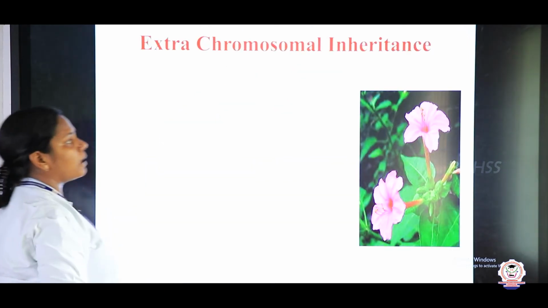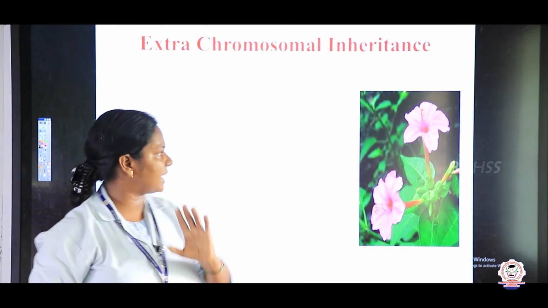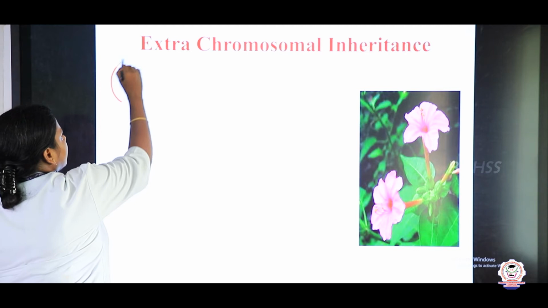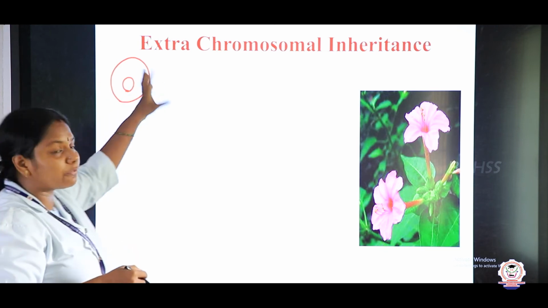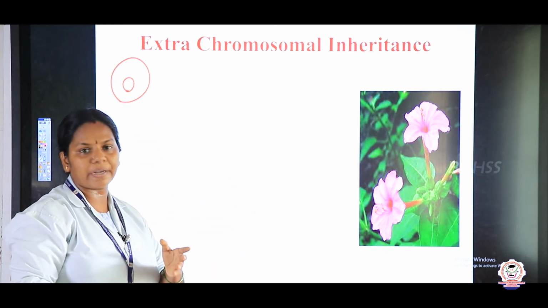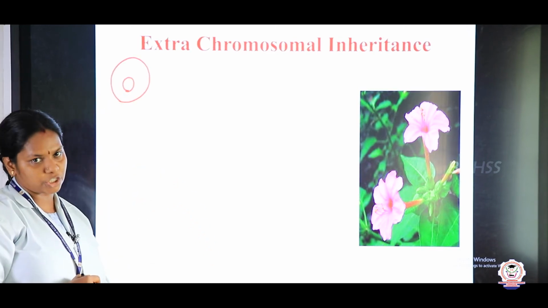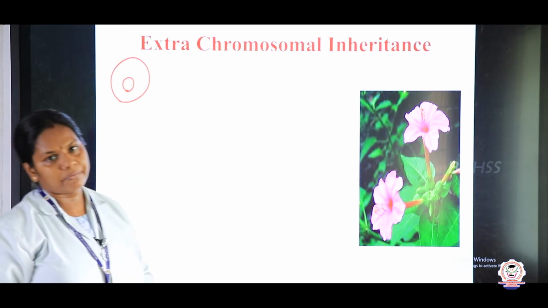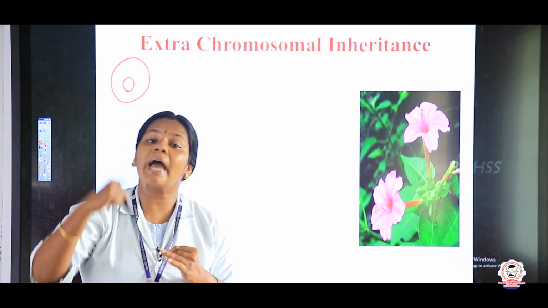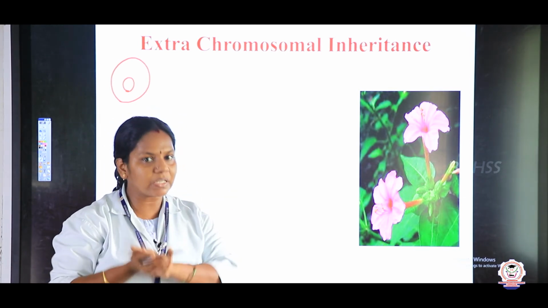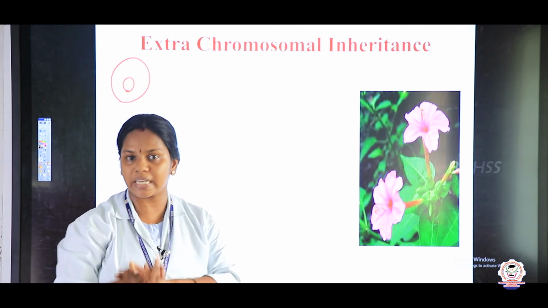And now we are going to see about extra chromosomal inheritance. Children, till now we studied the cell, right? In a cell, the nucleus will be there, and in the nucleus chromosomes and DNA. In that, the genes are responsible for all whatever we studied before, monohybrid, dihybrid, dominant, everything. The chromosomes present in the nucleus are responsible. But we know that there are some cell organelles, mitochondria and chloroplast, that have their own DNA. So apart from the nuclear material, the chloroplast and mitochondria are also responsible for altering the phenotype.